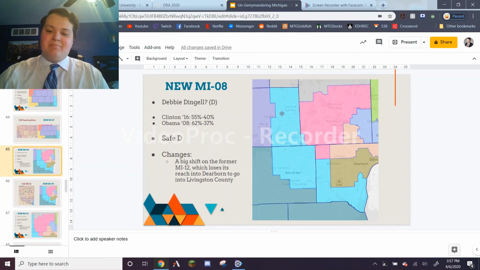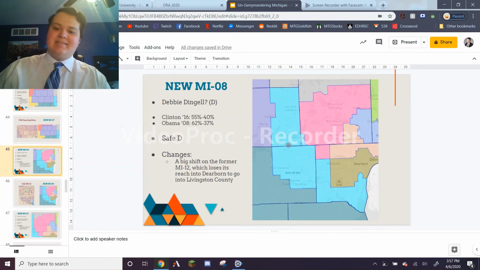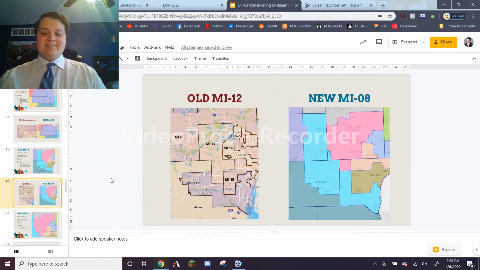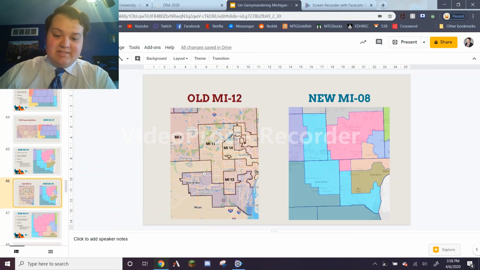It's not a great shape, but it's kind of a big exurban stretch around Detroit. And like we said, just because it looks funny doesn't mean it's a gerrymander. I think this is actually a fairly fair way to draw this. It incorporates a great deal of population and voters that are culturally similar to one another. In comparison, it's difficult to see here, but the current 12th district kind of does the same shape here. Instead, it doesn't go all the way to Dearborn like it does. It just has these downriver, former white working class, former industrial communities. Instead, it trades that for going all the way up here through Livingston County, as you can see here, which is in the current 8th district.